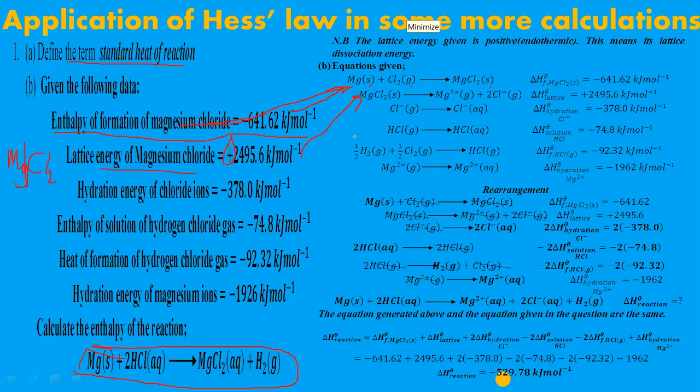Your perception determines my speed. If you're not getting me, that will take me slow. So the hydration energy of chloride ions implies that now I have chloride ions being hydrated. And that equation is written in this format. These are chloride ions forming aqueous chloride ions. So it's chloride ions in the gaseous state. That's what we call hydration energy of chloride ions. Chloride ions in the gaseous state, forming chloride ions in the aqueous state. Write that enthalpy also. Then I have enthalpy of solution of hydrogen chloride gas. That is what we are giving here